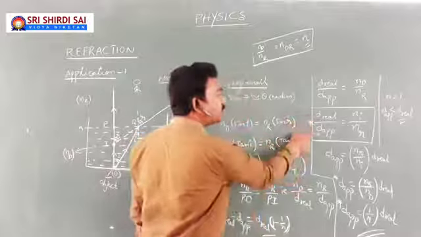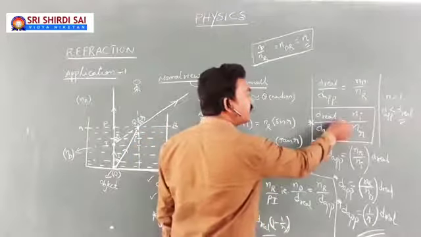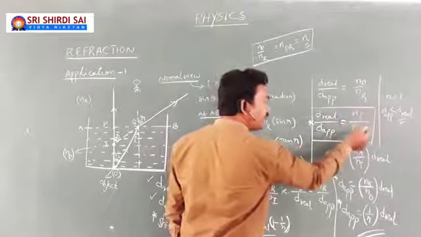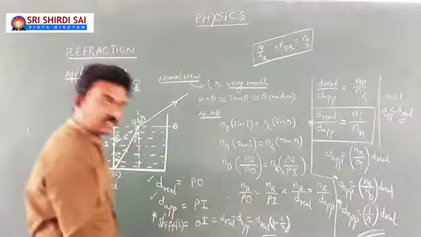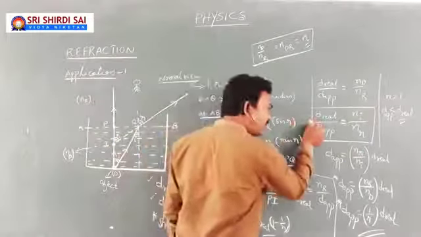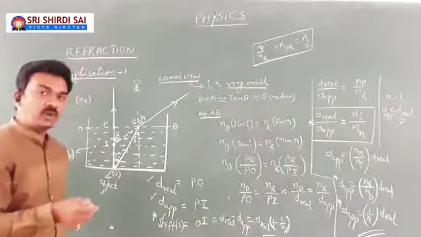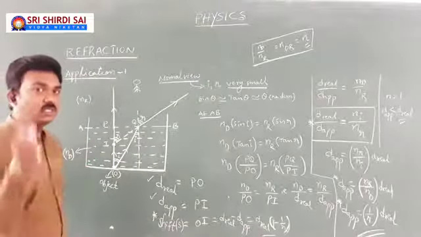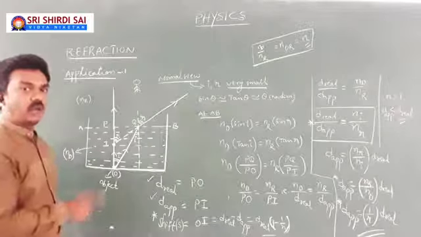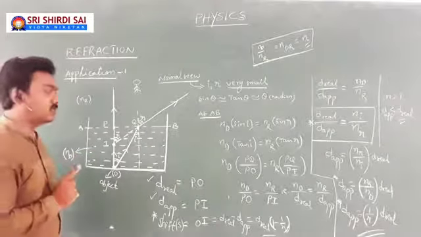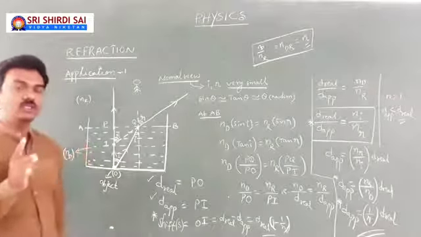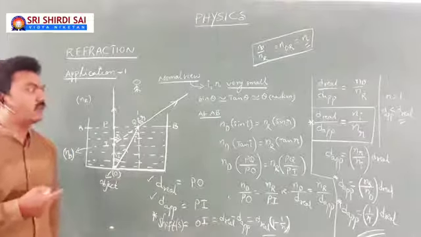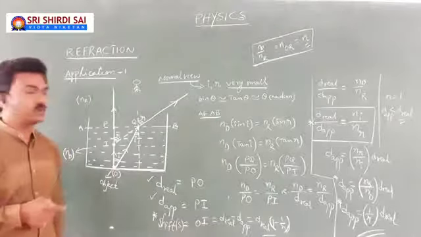Here is the key formula. The ratio of real distance to the apparent distance is equal to the ratio of the refractive index of the medium in which light incidents to the refractive index of the medium into which light refracts. If you are able to remember this fundamental equation, you can write the formula in both cases: one case object in denser medium, the other case object in rarer medium. I will tell you the clue how to deal with this. So first, this is the derivation. Of course, derivation doesn't matter when it comes to objective orientation, as you need to learn how the formula has been derived. Just I have explained here.